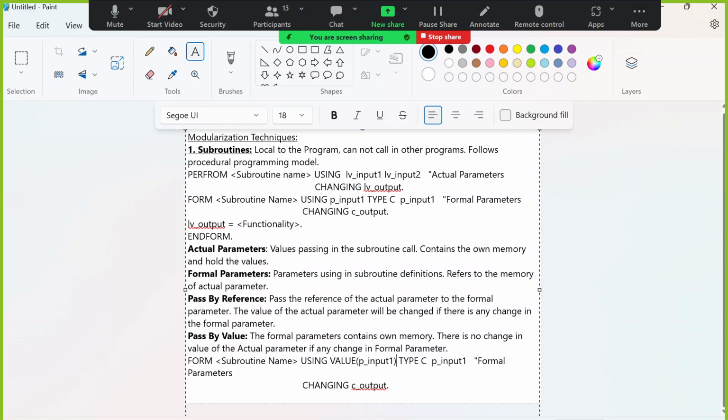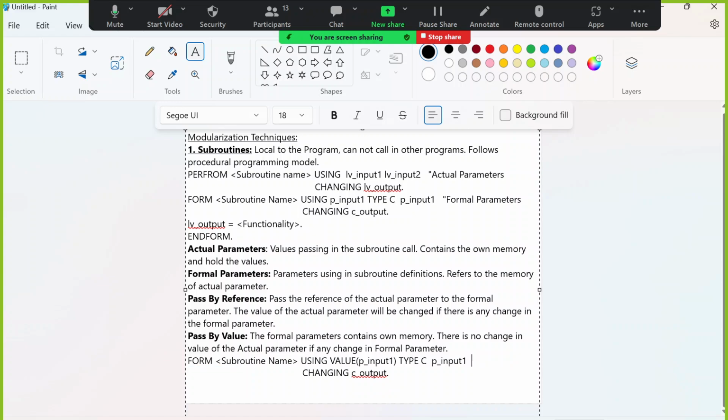You specify that formal parameter. Okay, you use a value. So when you define a formal parameter like this, then it is considered as a pass by value and it